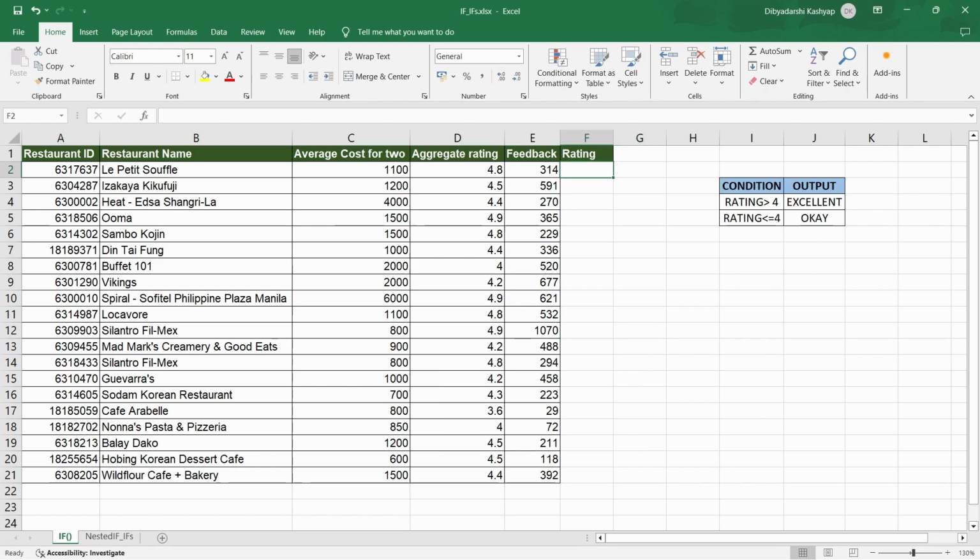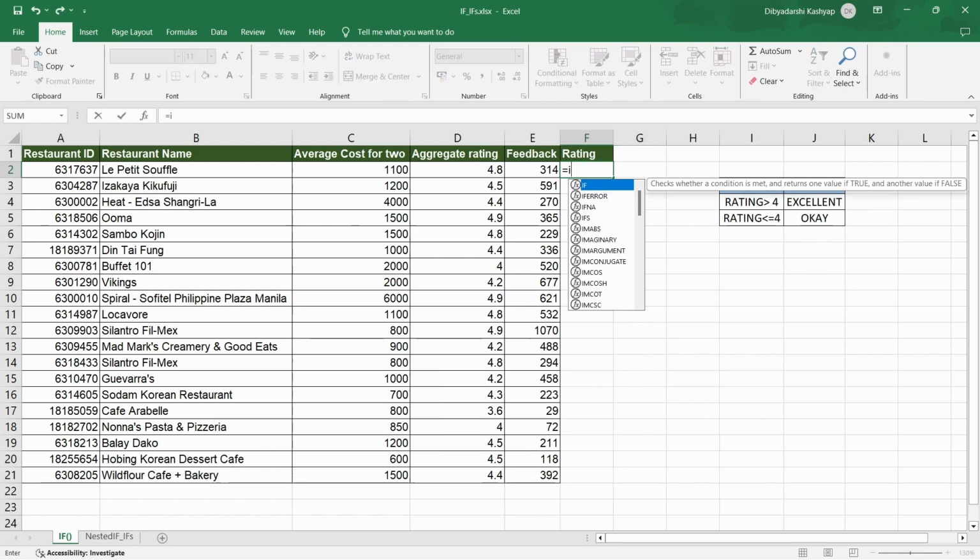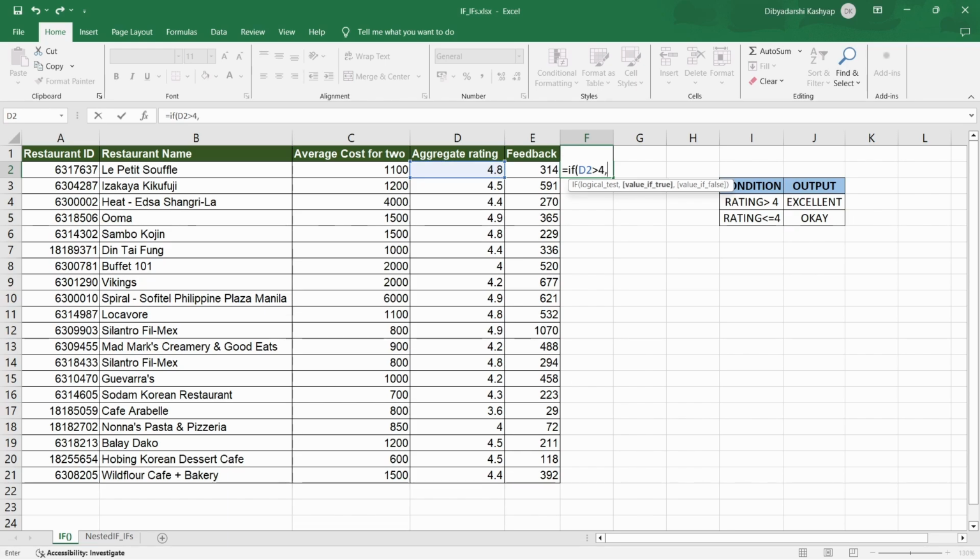Now select the column, write equal to, then IF, open bracket. It's asking for the logical test. So what is the condition? The condition is that the rating should be more than 4. So select D2, which has the rating, then the greater than symbol, then 4, and press comma, and now it's